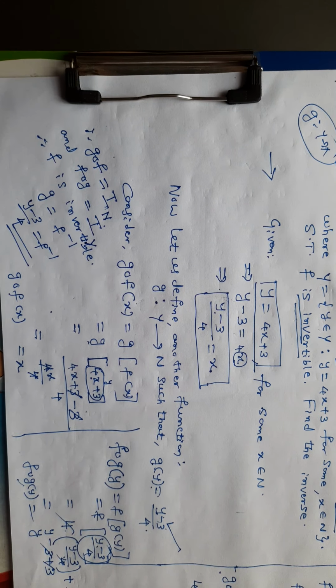So we have to write, see here we have to prove composition of f and g on x is equal to x, composition of g and f on y is equal to y. Then it is an identity function, therefore it is invertible. By definition, g is the inverse of f. What is the inverse? y minus 3 divided by 4. So at this step you can stop the problem.